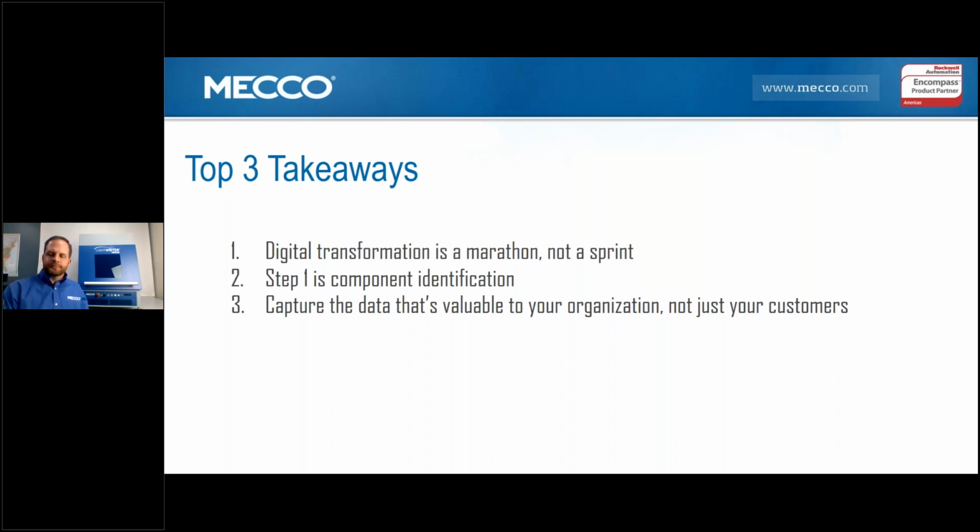And then lastly, start small. Start with capturing the data that's important to you today. You can grow into a solution or a bigger type of system where you read it at every single point in the process, but just start with things that you think would be helpful to have that type of data